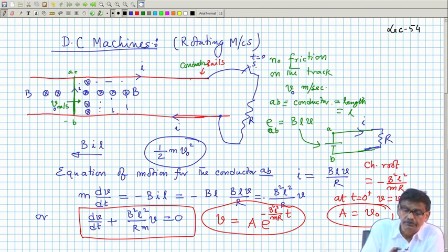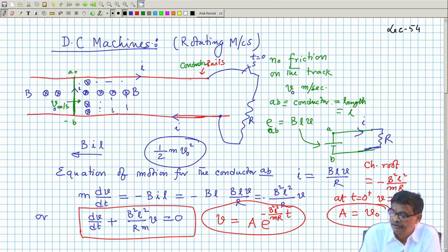Now, because you have generated voltage, you must utilize that voltage to deliver power to some resistance, say a lamp maybe. You close the switch, suppose at t equal to 0. Then what is going to happen is, because the circuit is closed, there will be a current I equal to B L V by R. I have written V because I am not sure whether the velocity will be maintained after it has started delivering power to the resistance. So, after you have closed the switch at t equal to 0, at any time t, this is the expression of the current in the circuit, I equal to B L V by R.